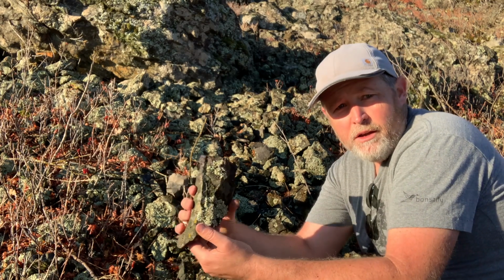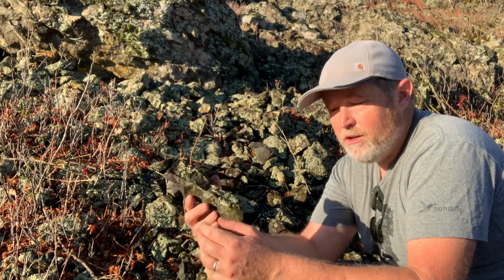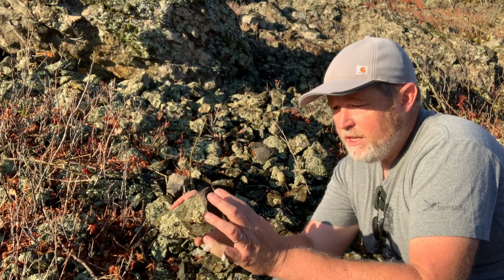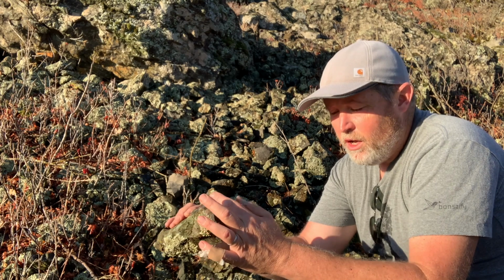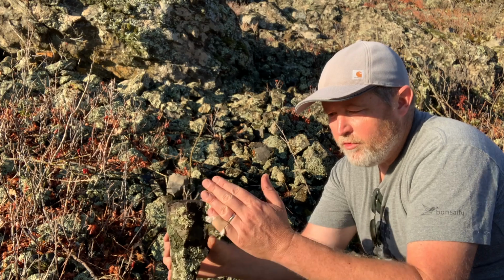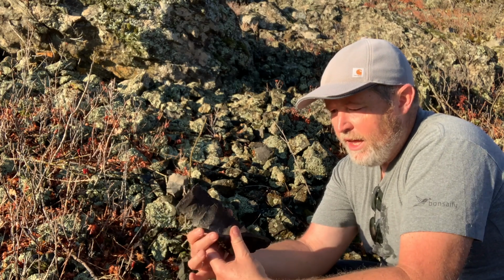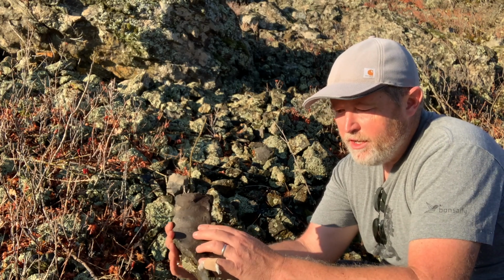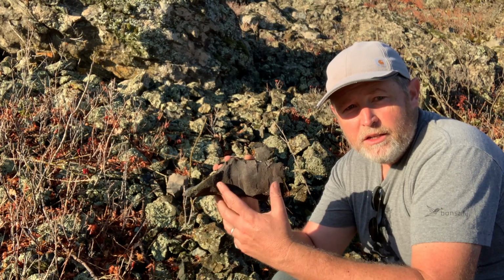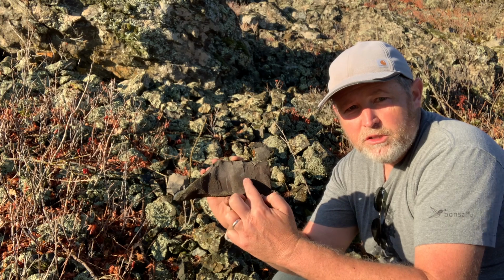So really what I'm trying to find are rocks that have interesting shapes, and some of the things that I don't want are 90-degree angles on the rock, and I also don't want flat faces. So a lot of these will have a relatively flat face, but one of the things I like about these stones, and you can see it in the morning light, is the little undulations that happen